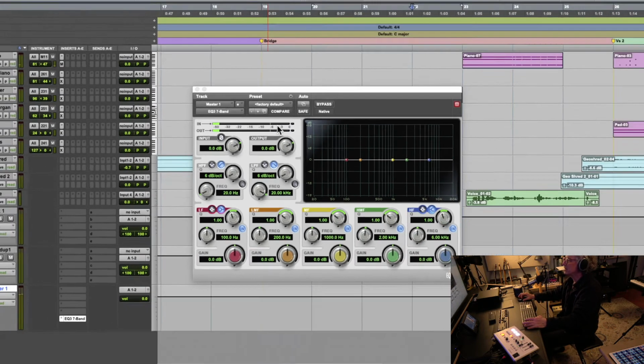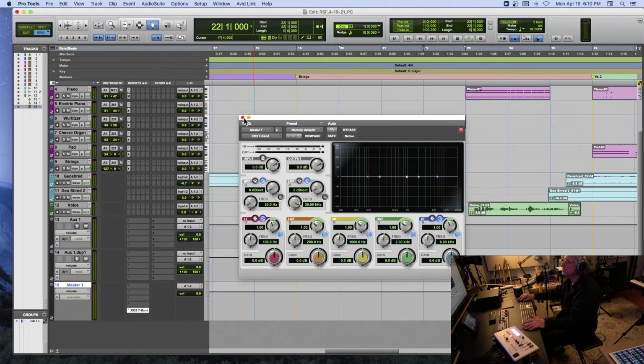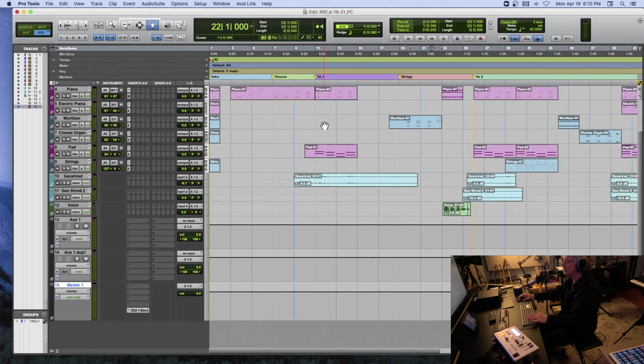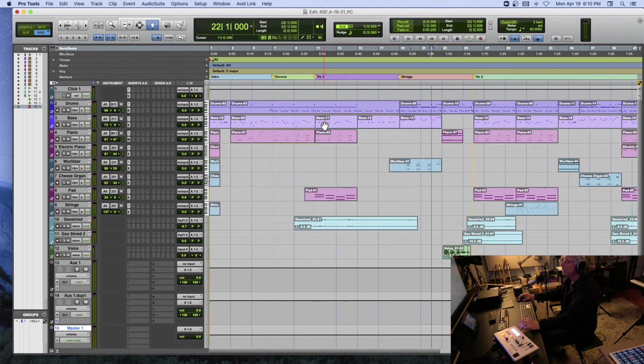So this is not a loud song, but I'm peaking a little bit below -6, it looks like, and that's fine for right now. And we'll deal with that in a minute. So what I want to do is give some depth to this, right? We're just going to balance out the volumes, which I've done already, and I want to add some depth to this. So we're going to talk about two ways to add depth, and I'm going to be going over this again next week. So this is just an introduction, and we're going to be adding reverb and